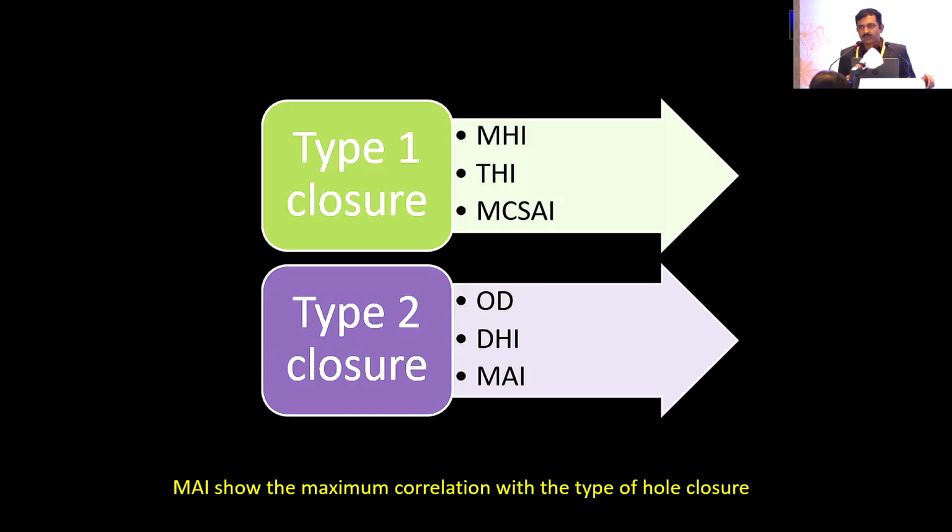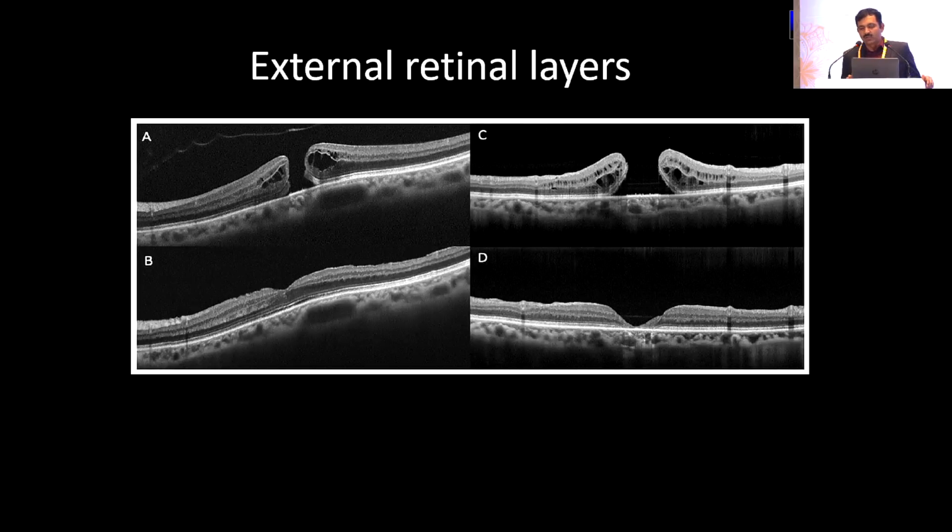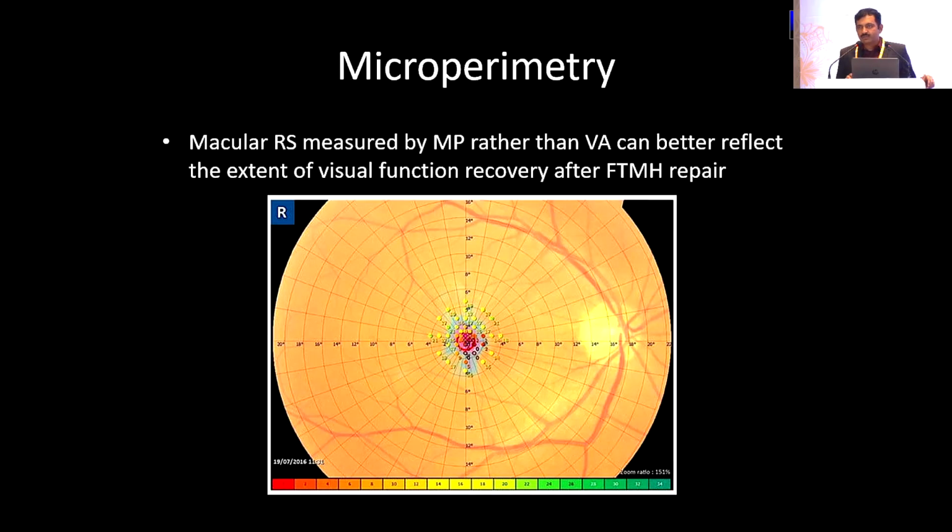macular hole surgeries. As we know, post-surgery, it could be either a type 1 closure or a type 2 closure. Some indices closely correlate with the type 1 closure, like macular hole index, tractional hole index, cystoid space area index. Similarly, type 2 closure has a very good correlation with outer diameter, the macular area index and other indices. Please look into the external retinal layers. Sometimes in spite of a good closure, you may not get good visual recovery because of damage to the external retinal layers. Microperimetry is another important functional analysis, which gives a clue to the functional recovery rather than looking at the anatomical. It tends to correlate with the visual acuity,